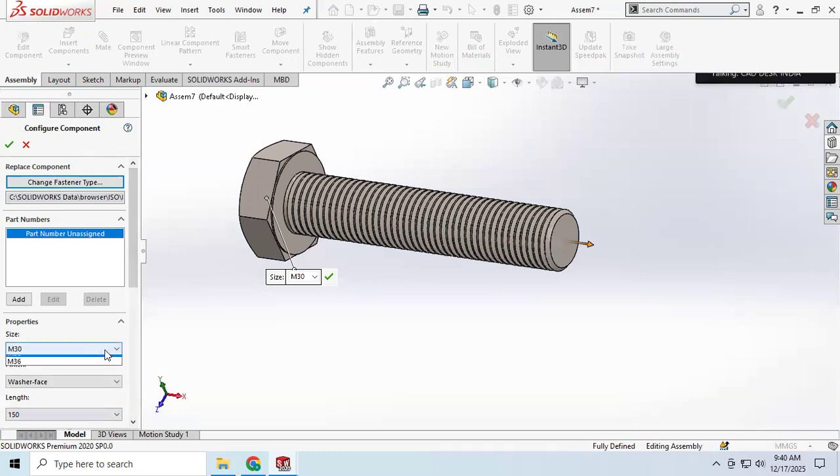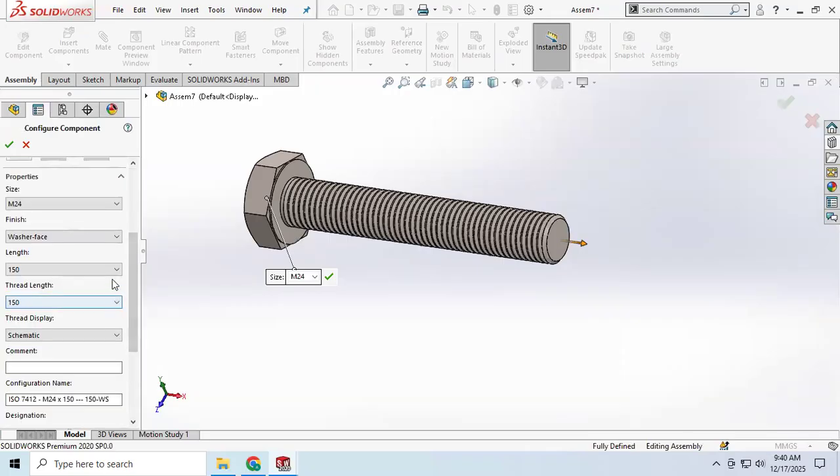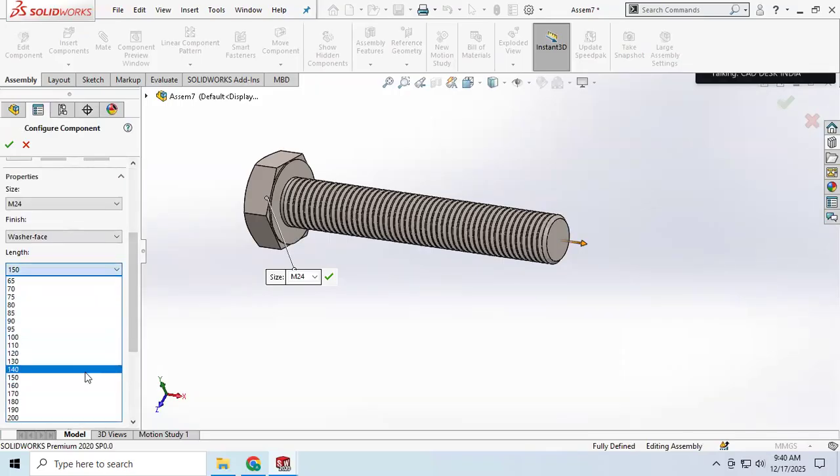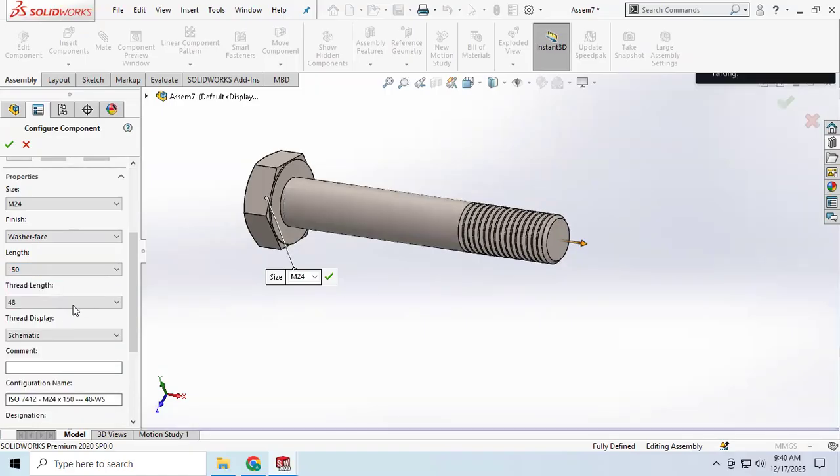Okay, M30. I just choose M24. Washer piece, or any piece you can select here. Okay. And then length. Okay, elements one copy. Okay. And then here,